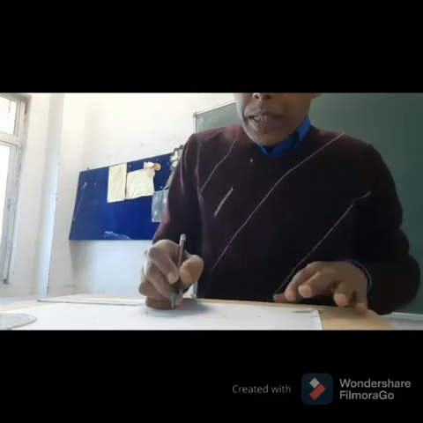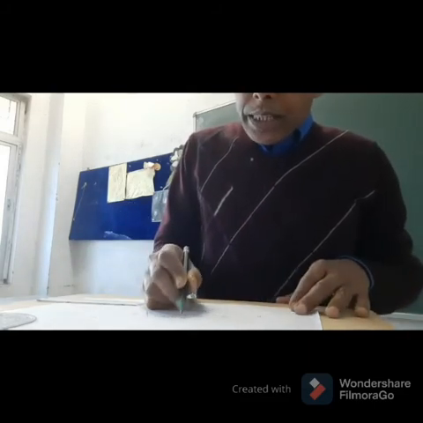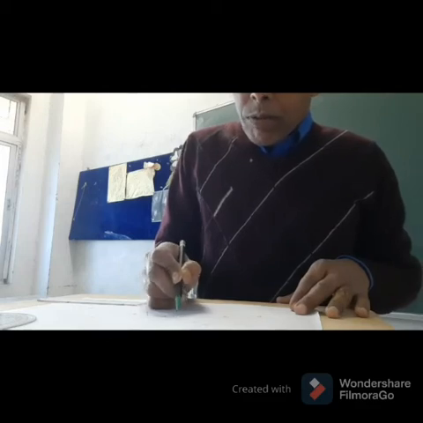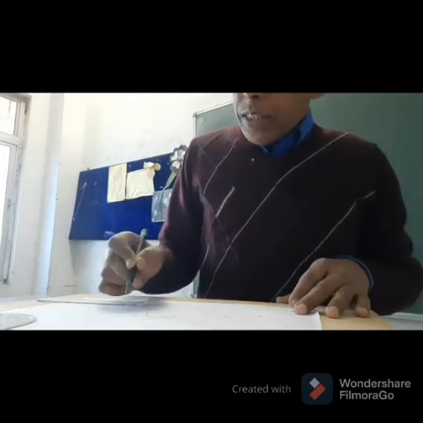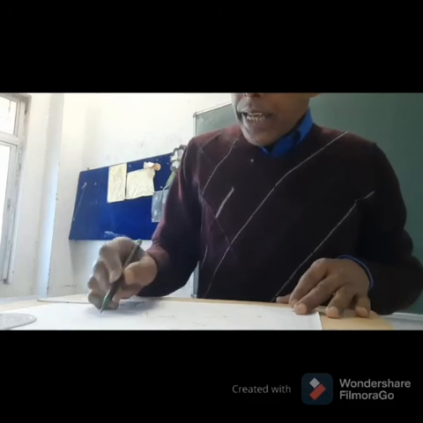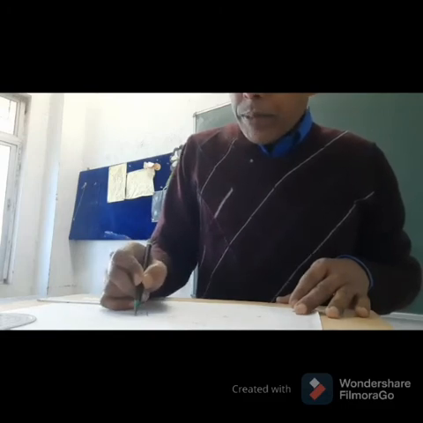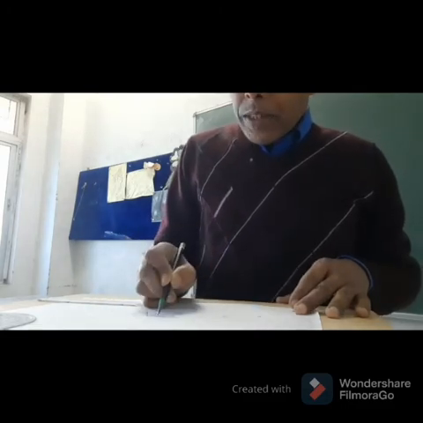The angle between the incident ray and the normal is called the angle of incidence. The angle between the emergent ray and the normal is called the angle of emergence E. The angle between the refracted ray BC and the normal is called the angle of refraction.